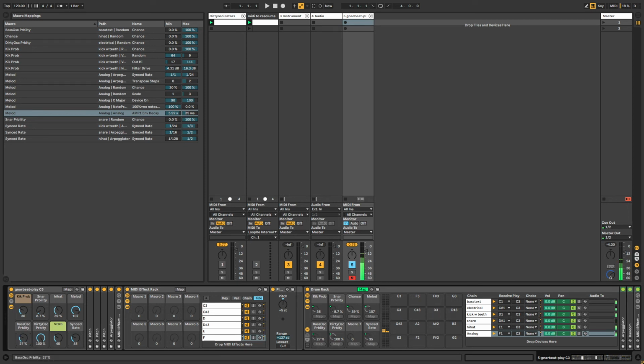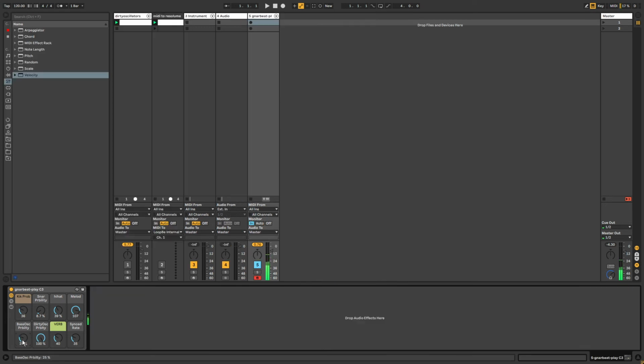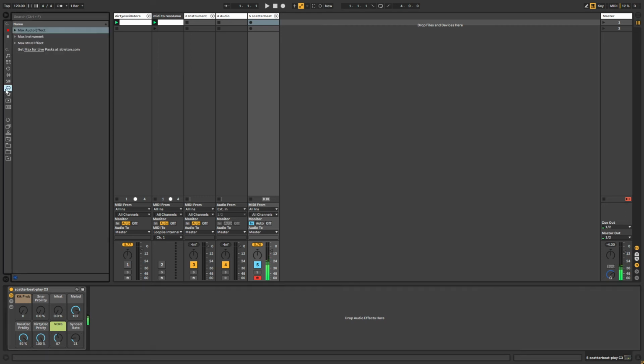Wow, what is happening? It's almost hard to follow what it's doing. But this is cool because now we can save this. All these scatter beats, we've got a lot of different sound options in here. If we don't want the kick or hi-hat, of course, we could automate the crap out of it and get infinite possibilities of different sounding things happening in there. But as a starting point,